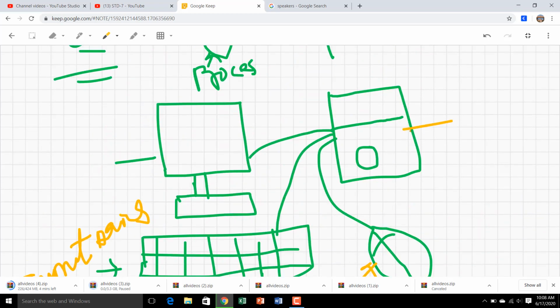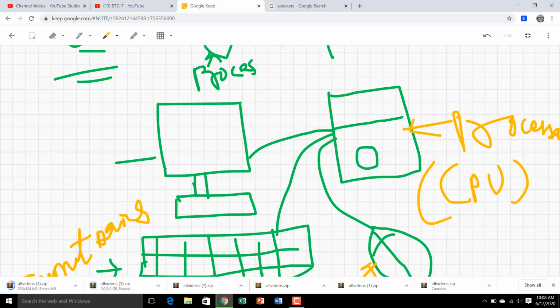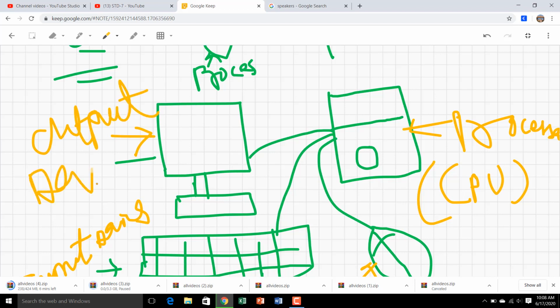This is the processor or CPU, and this is our output device, the monitor.